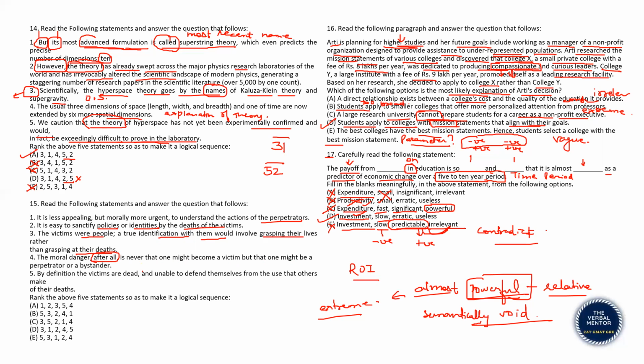All right, all right, all right. I think I can figure out the first mandatory pair. 1 4 is a mandatory pair here. One says it is less appealing, but morally more urgent. And 4 gives me the reason why it is morally urgent because after all, this after all is an important grammatical marker. It connects 1 and 4. Do we have 1 4 up? Oh, yes, we have. If that be the case, I think option C should be the answer. I'm taking a chance here. I'm not sure, but okay, fine. Let us see.